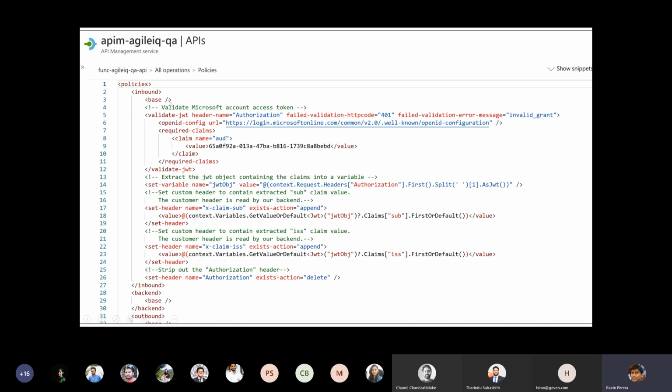But I saw there are other features in policies where you could decode the cookie and populate the HTTP header. These are like pipeline building blocks. You could put another pipeline before this to read the cookie header and populate the authorization header. But I haven't tried this, so I'm not sure whether it will work.